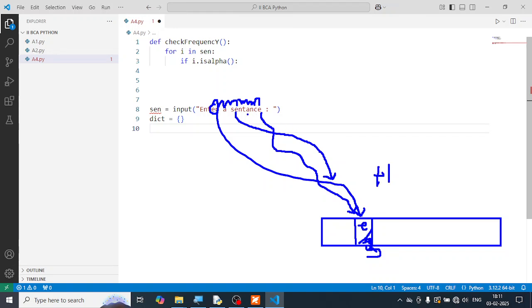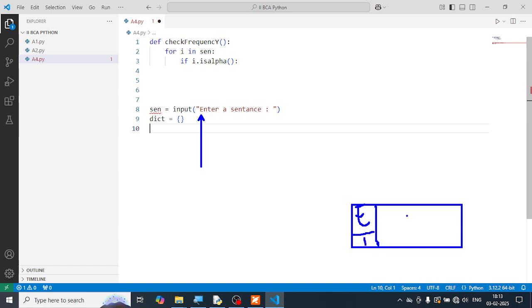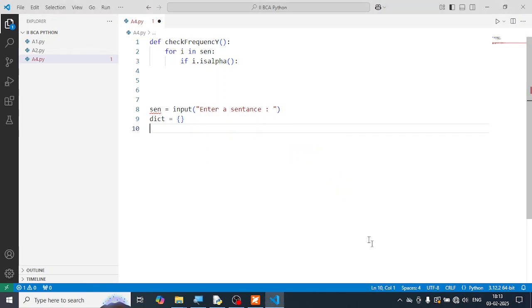If the extracted character is not there in the dictionary, add it in the dictionary. So this is the idea that we are following. So when we extract one character at a time, if the character is not there in the dictionary, add that character. Okay? Add that character and set the count as 1 because it is appearing only once. If it is appearing again, then you just don't add the character, you increase its count by 1. So this is the idea that we are going to follow. So let's go ahead and